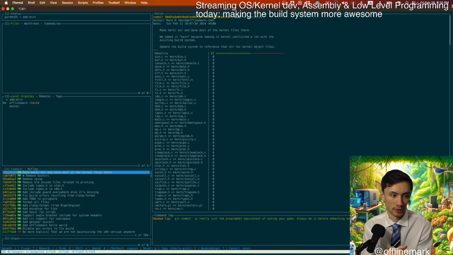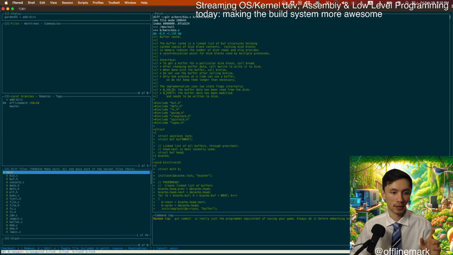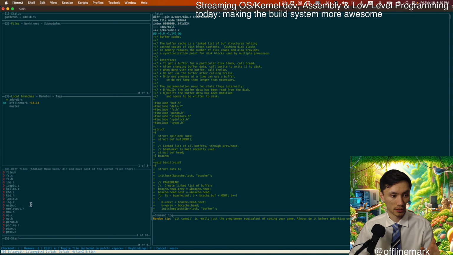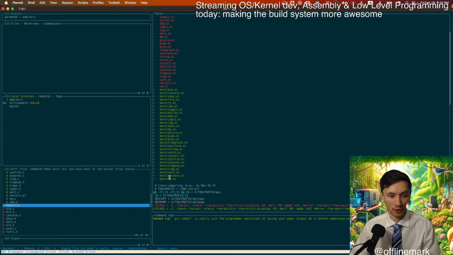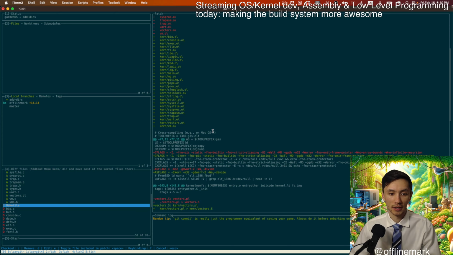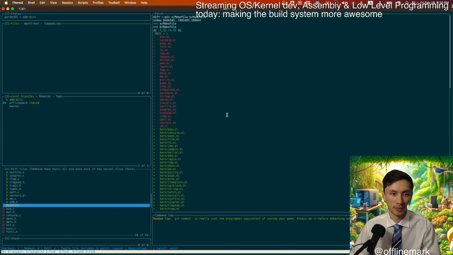So this first commit of the branch was just the smallest amount of changes possible to move the kernel components out of the root dir and keep it building, basically. So it's just a bunch of movement and then some Makefile changes, which does it in a bad way and just copies this kern thing up in front of all these files. And also adds some tech debt in terms of this line right here.